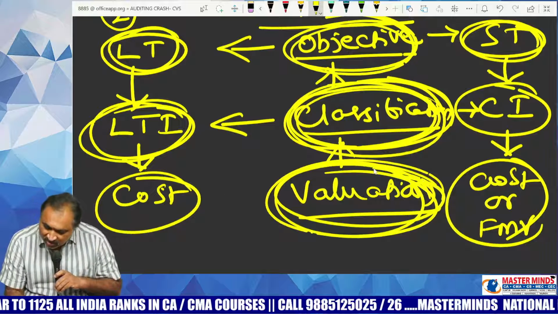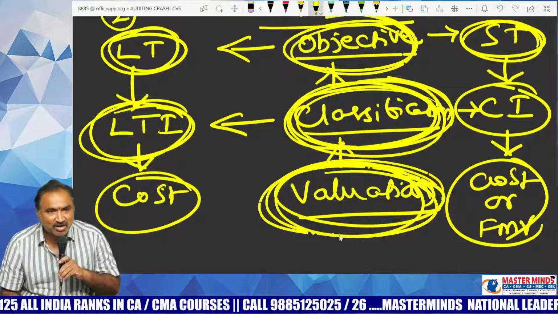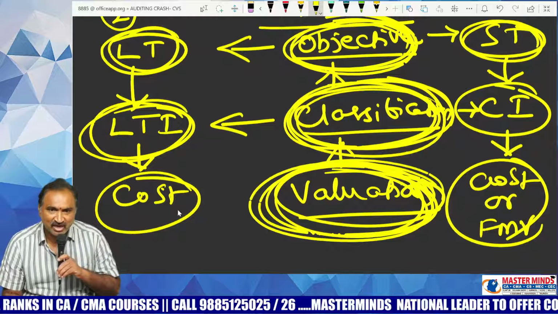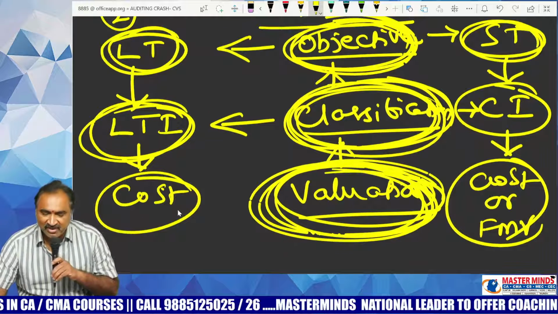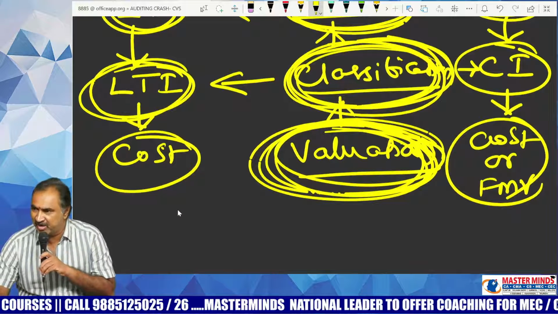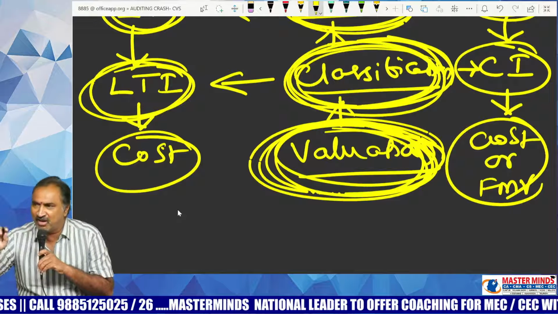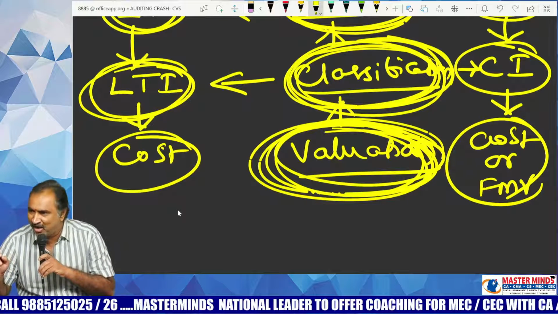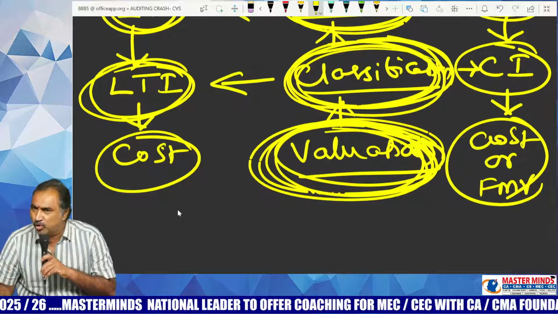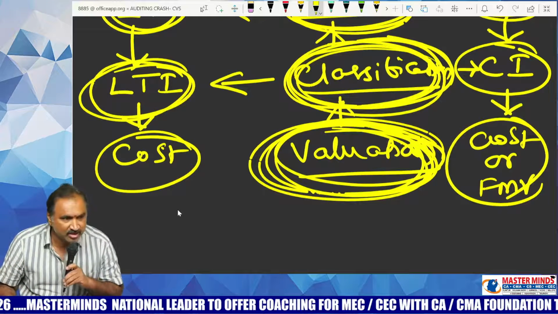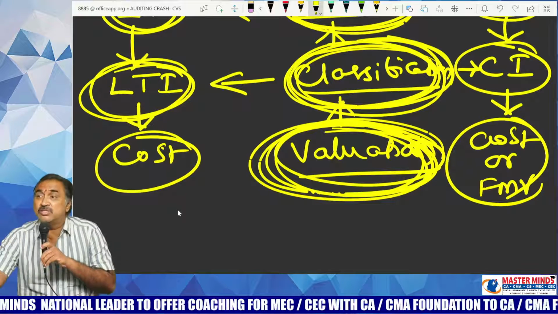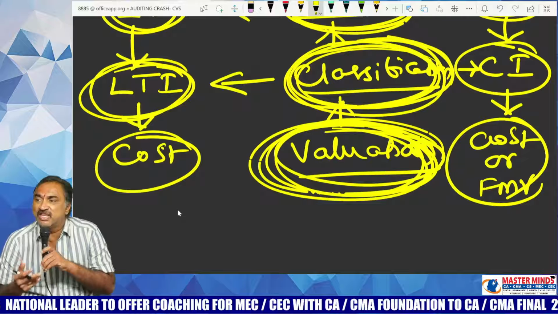So in order to check whether investment's valuation is correct or not, first of all, you need to ascertain the objective behind purchase of investments. How do you identify or ascertain the objective behind purchase of investment? Objective will nowhere be recorded on any paper or in books. Objective will be in the mind of the management. So you need to ask the management. As an auditor, you need to ask the management about what is your objective behind purchase of these investments.